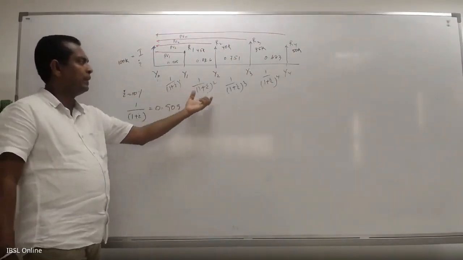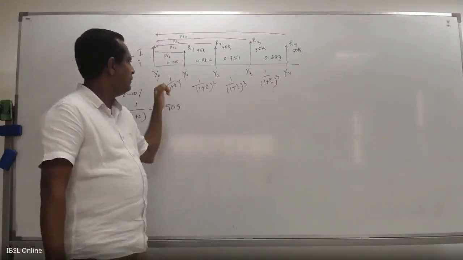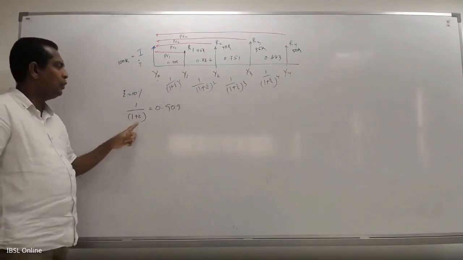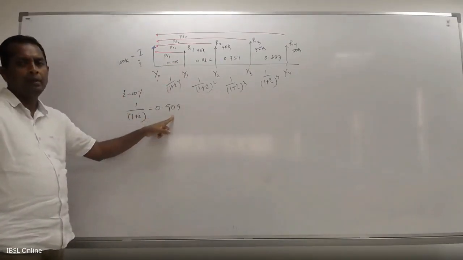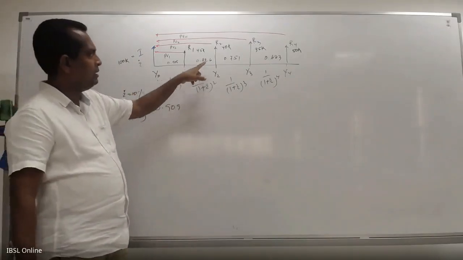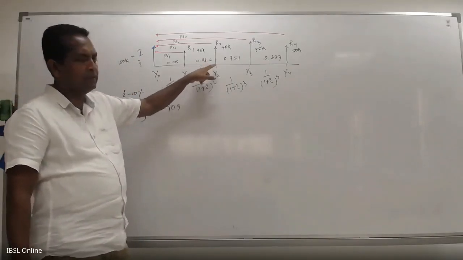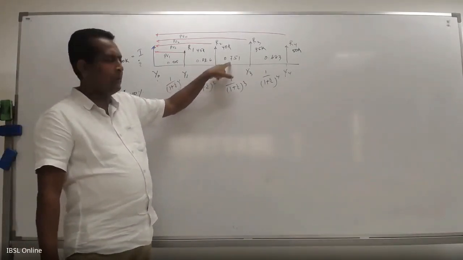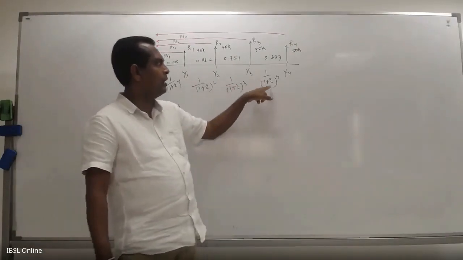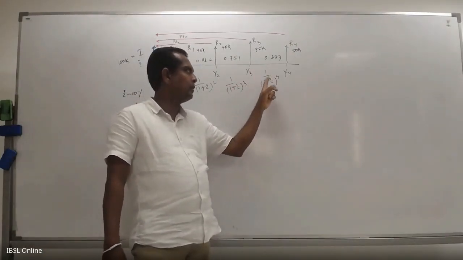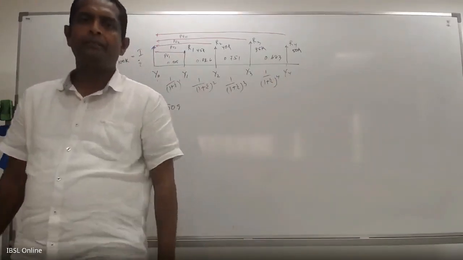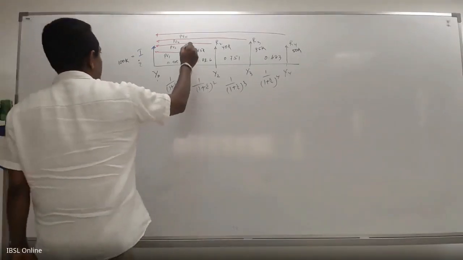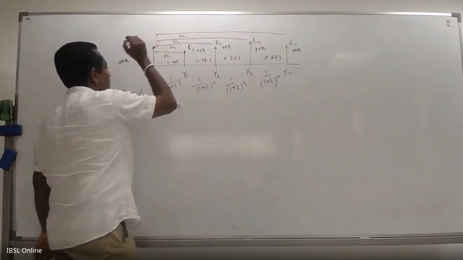You have the discounting factor calculation here. 1 divided by 1 plus I to the power n. I is 10%. So this is equal to 0.909. Second year discounting factor would be 0.826, which is 1 plus I to the power 2. This is 0.751. Then 1 divided by 1 plus I to the power 4. This is the factor. Right? Now you have to bring all these future values to today's value.